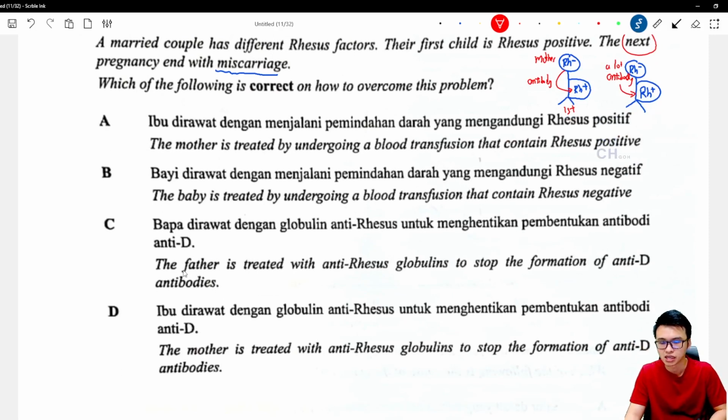Okay, let's look at C. Father is not related in this disease. Only the mother and the fetus. So the father will not be getting the treatment. Remember that. So the father is treated